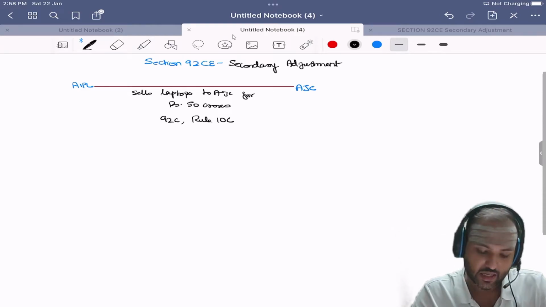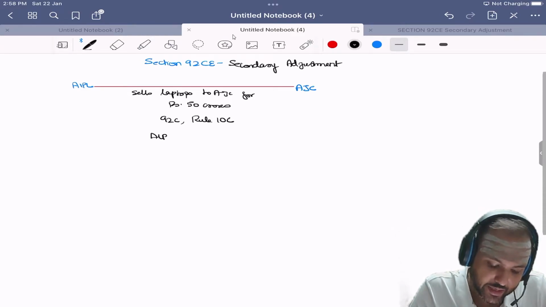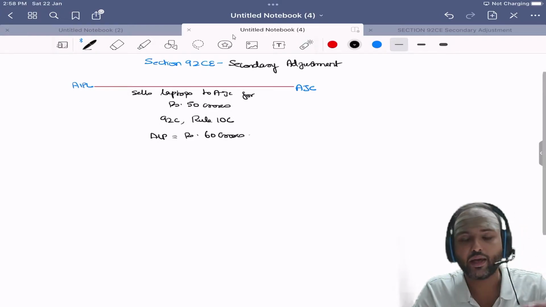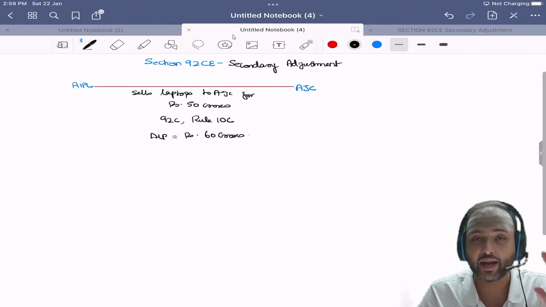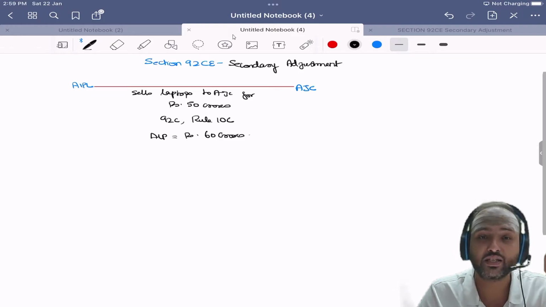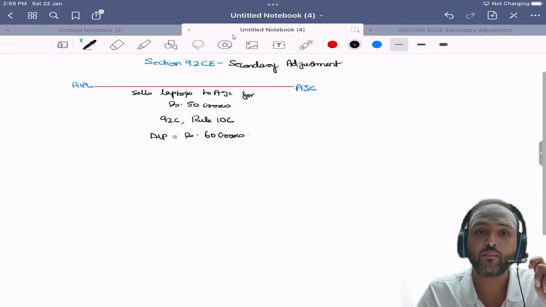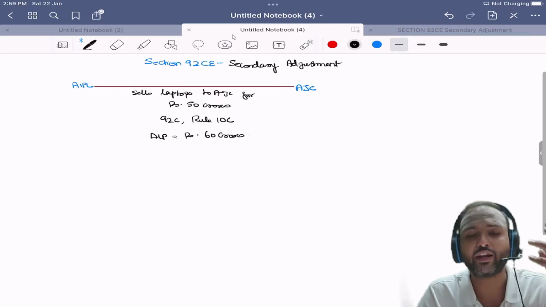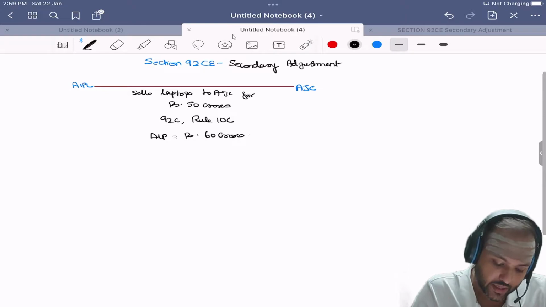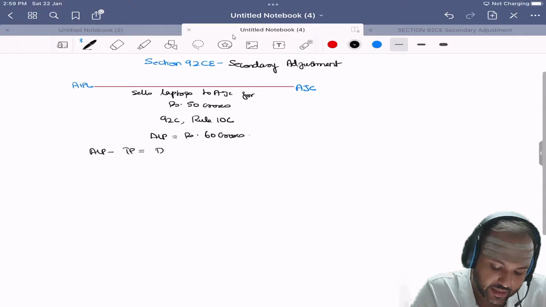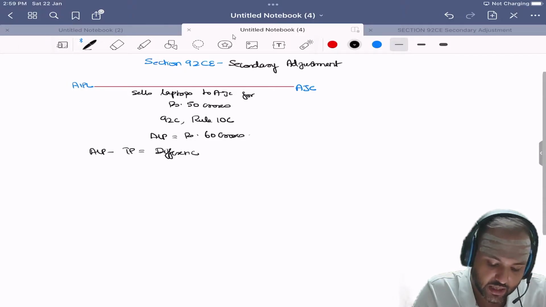Now based on this, the arm's length price is determined as rupees 60 crores. So AIPL states that, boss, my income is 50 crores. Department is coming back and telling them, boss, you're wrong. It has to be 60 crores. You have understated your revenue. Please add back 10 crores to your profit. Offer it for tax. So this is the stand taken by the department. Therefore, arm's length price minus transaction price, the difference that we see here is called as primary adjustment.